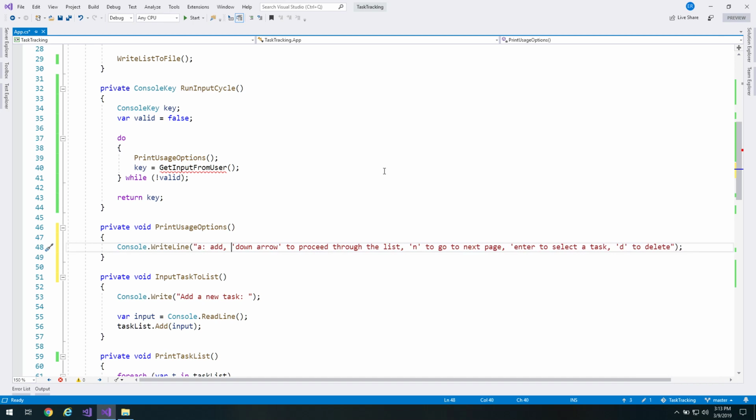Add. N next page. D delete. Enter select. Action. We'll call it action. And what's our last one? N, D, enter, right. Down arrow. Down arrow to select. So you'll note at this point that I don't have an up arrow, and that's mostly